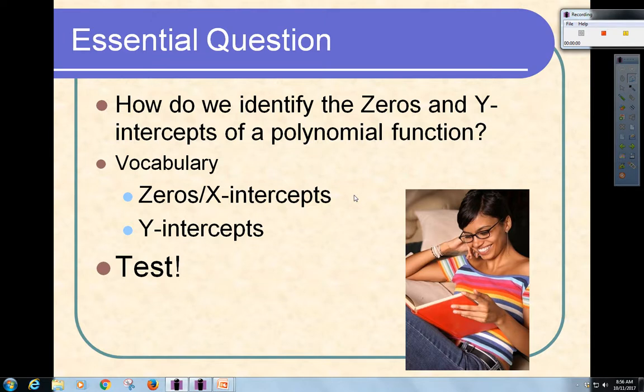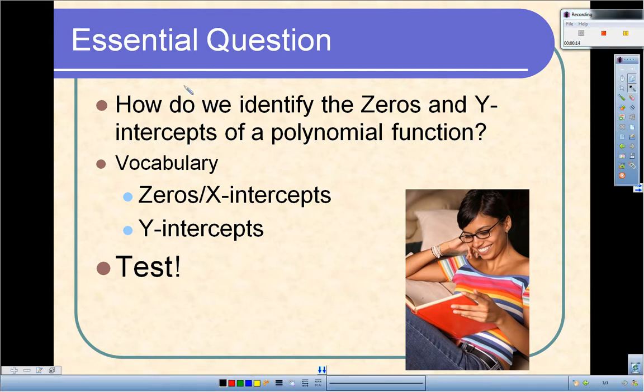Alright guys, today's essential question is, how do we identify the zeros and y-intercepts of a polynomial function? Guys, just keep in mind the zeros are also known as the x-intercepts. And if you remember from day one, the degree of your polynomial tells you at most how many zeros or